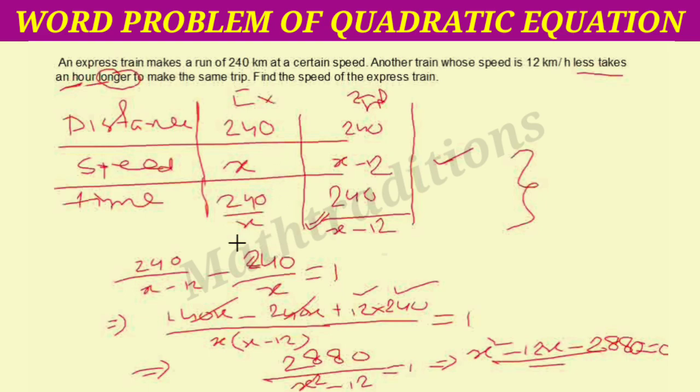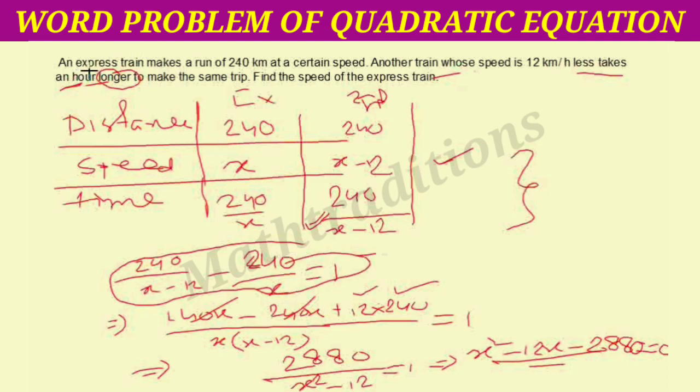Otherwise, if you read the whole problem at a time, you will face a problem to construct this type of equation. So I request the students to read this question part by part to construct the equation,